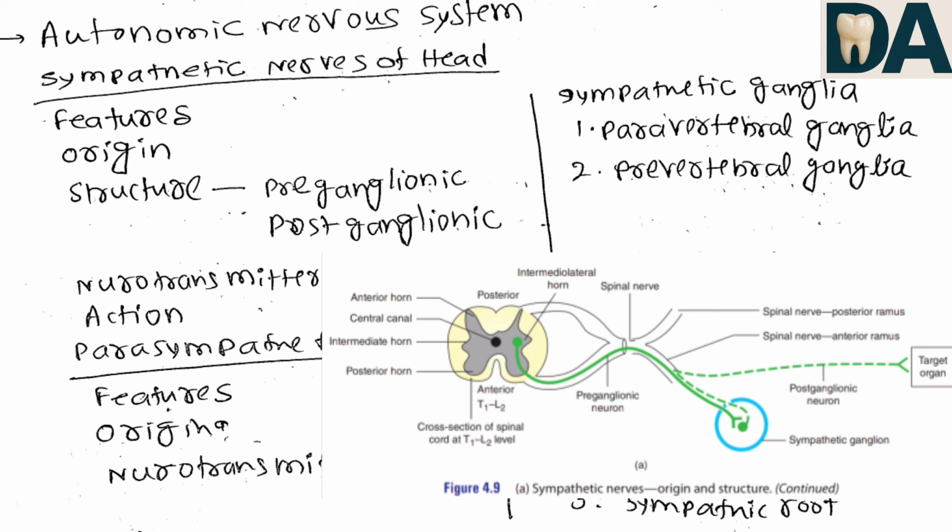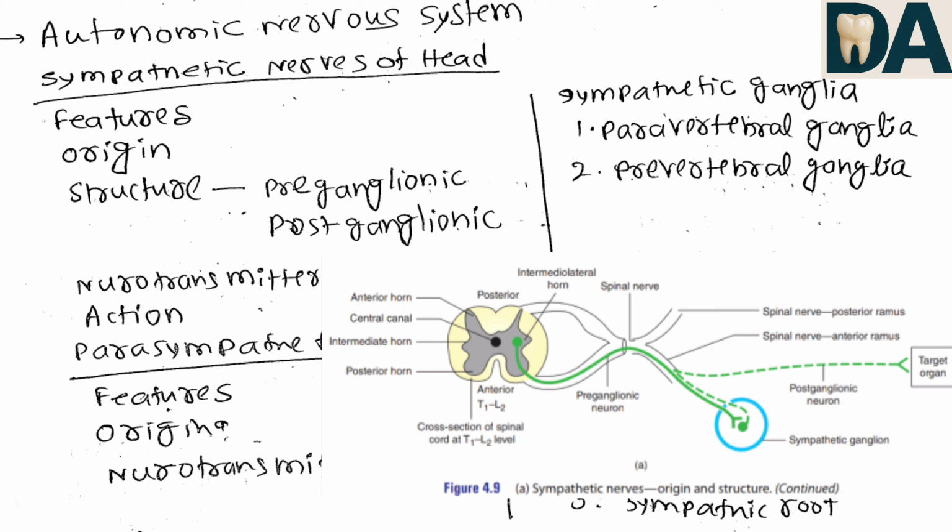Origin: the sympathetic fibres originate from the thoracolumbar region of the spinal cord. Structures: two types of neurons are involved in the transmission of impulses in the sympathetic system: preganglionic neurons and postganglionic neurons. Preganglionic neurons arise from the intermediolateral horn of the thoracolumbar region of the spinal cord to reach a